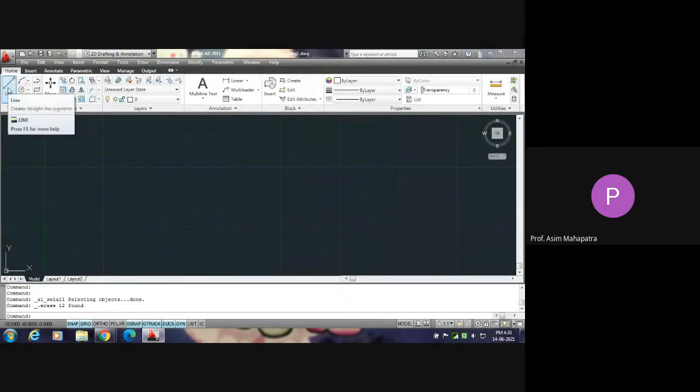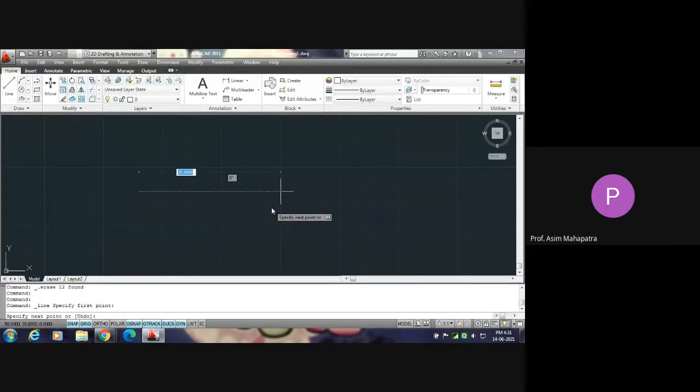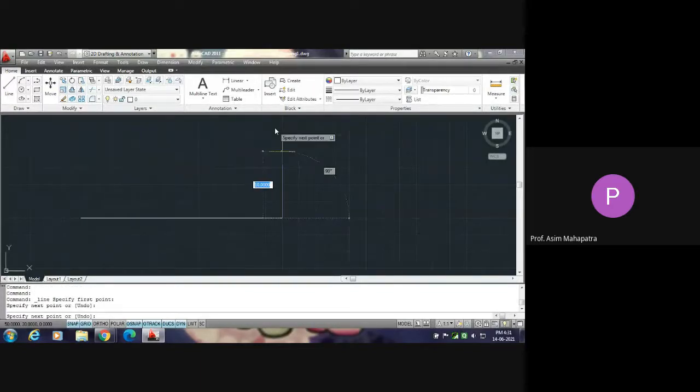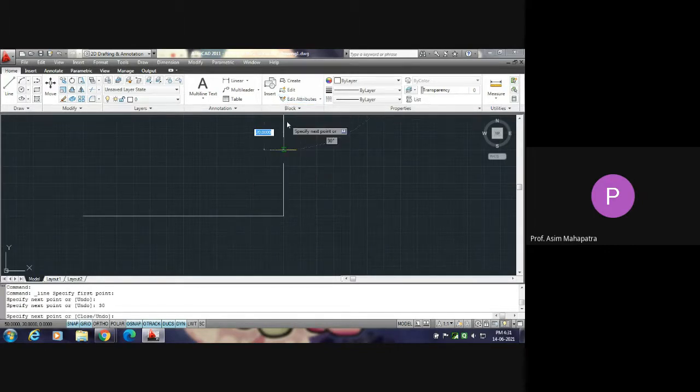So by line command, you click on line. It is 30. So you click there. Now again you move the cursor. Or you simply type 30, enter, and move the cursor towards left.